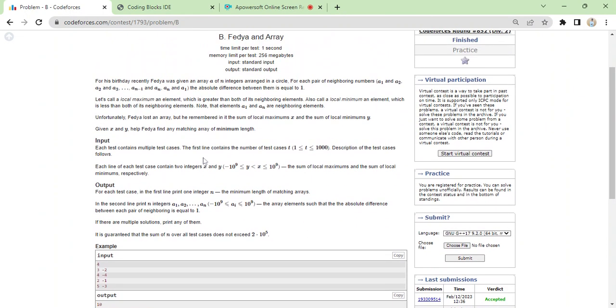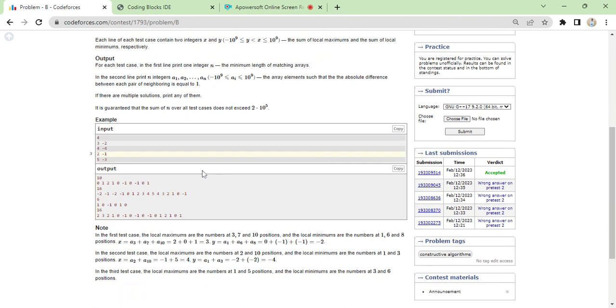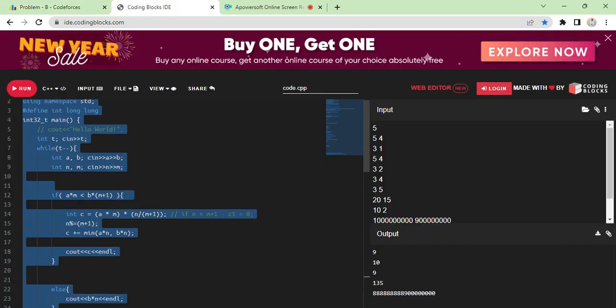So you have been given T number of test cases. X and Y are the sum of local maximums and the sum of local minimums, and you have to create an array of the minimum size that you can have, and you have to print that minimum size. You have to print that array such that you will see all the local maximums and local minimums, and their sums should come out like this. So for example,